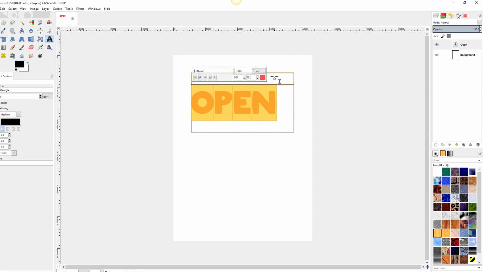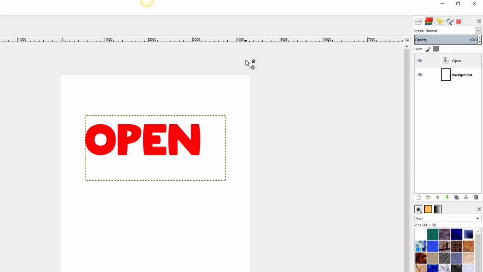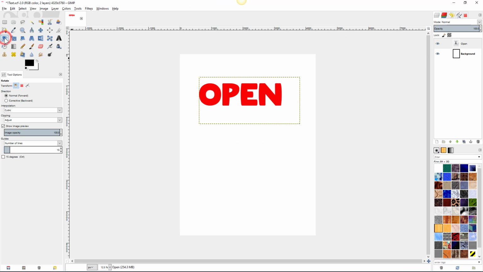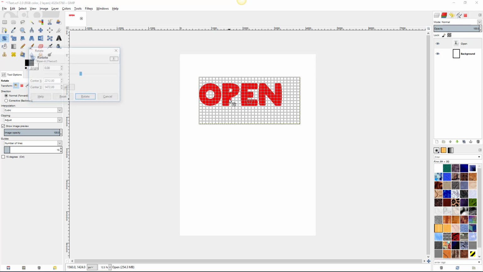Once that's created, you'll notice a couple of things. One is that over here in the Layers tab, it created a separate layer for us and titled it using the first few characters or the first line sometimes of whatever you happen to type. So that's actually separate. That's not on the background here. You can take that and with it selected, you can move it wherever you want. You can take and rotate it just pretty much like any element. And I'm going to rotate this 30 degrees,